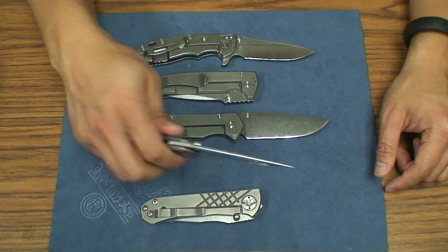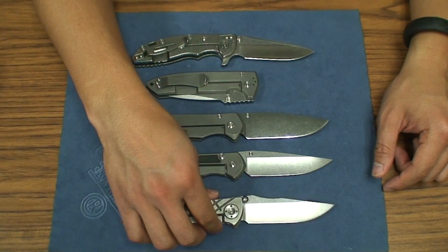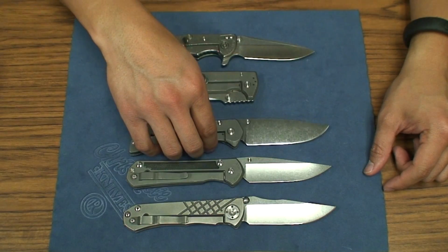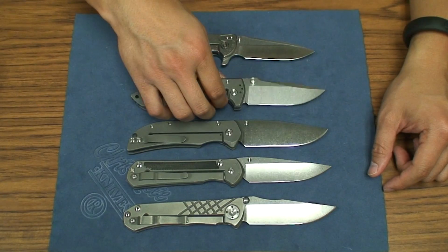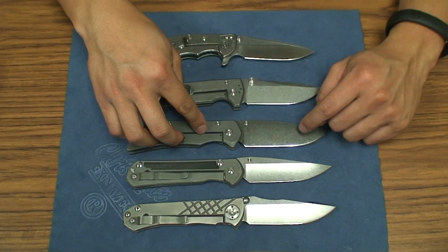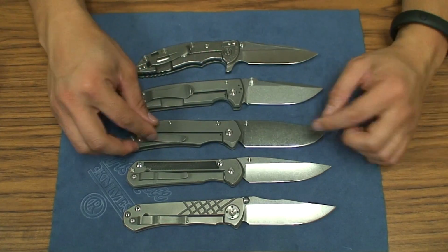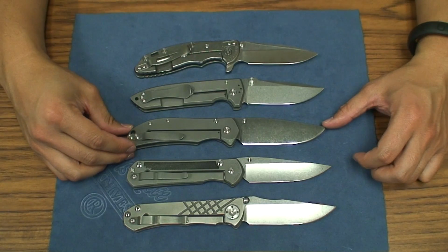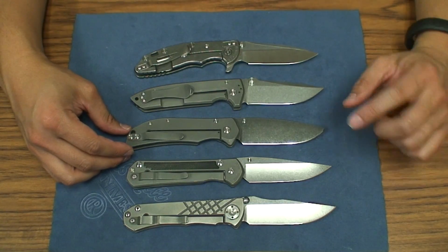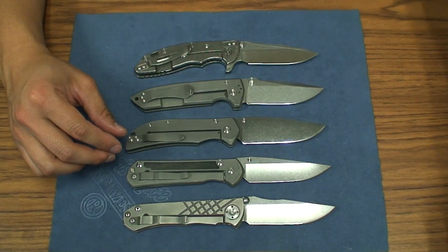So again, in comparison to the rest of these knives, overall looks to the amateur eye, I think they would think that it's just the exact same knife, but you do have a much thicker blade stock. I think this one's the thickest blade stock out of all 5 of these knives here, of CPM 3V. So if you guys know 3V, it can really withstand a lot of torture. There's also the D2 option, which is a little bit cheaper,